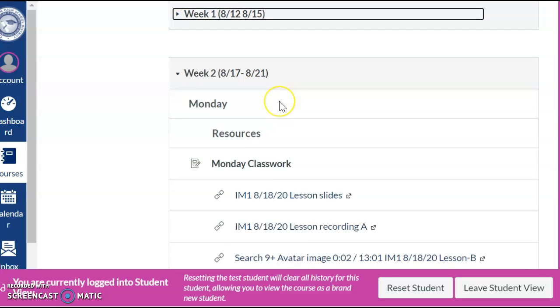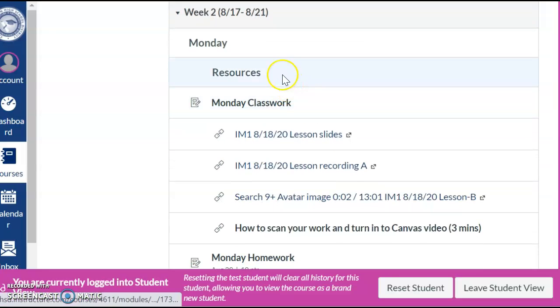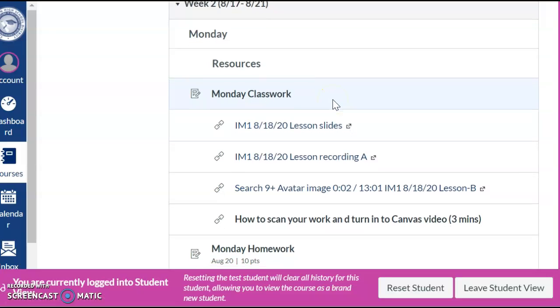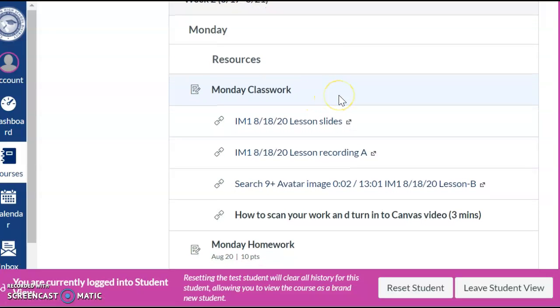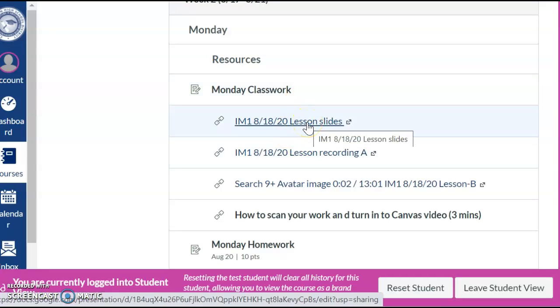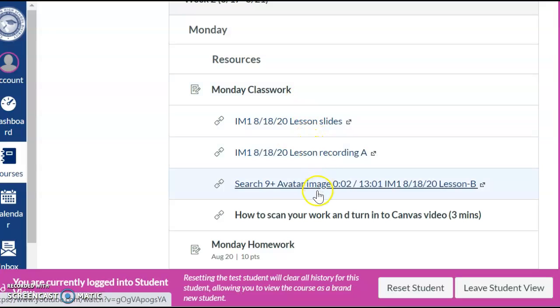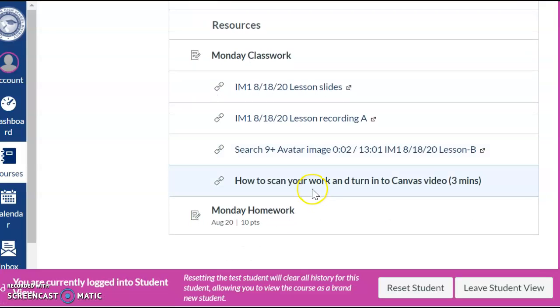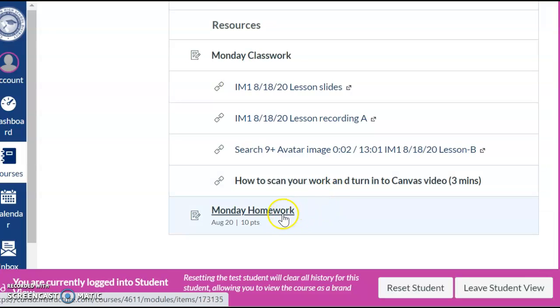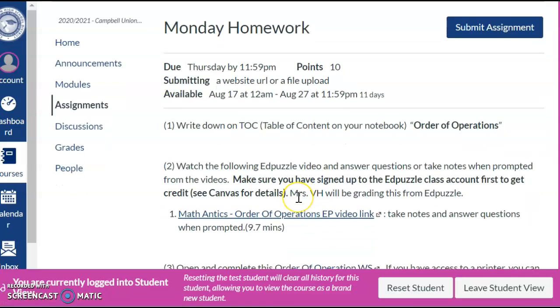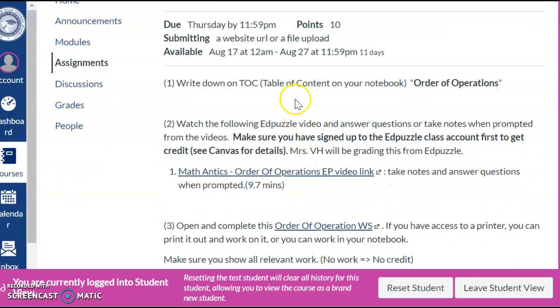And then if you go to week 2, you're going to see the resources. So you're going to see Monday classwork, which actually is not there. But in resources, you're going to see the lesson slides that you are seeing today. You're going to see the lesson recordings. And there's also the link to how to turn in the Canvas video. And then there is the Monday homework. If I click on this, it's going to lead me to the Monday homework, and it gives you all the